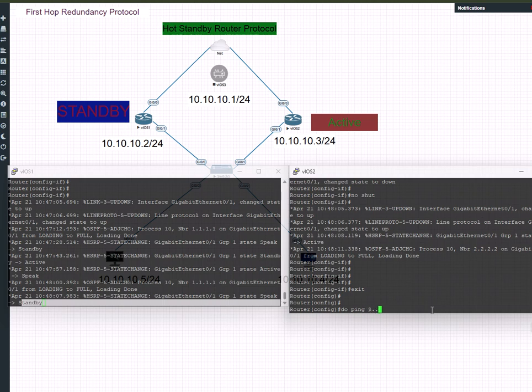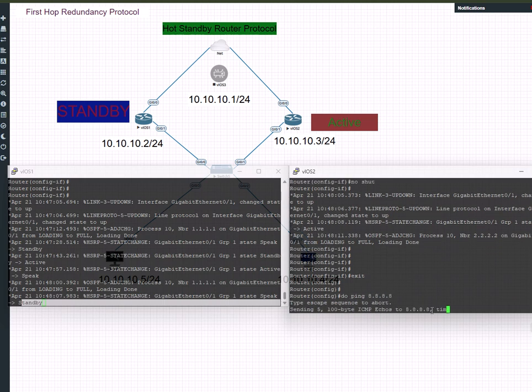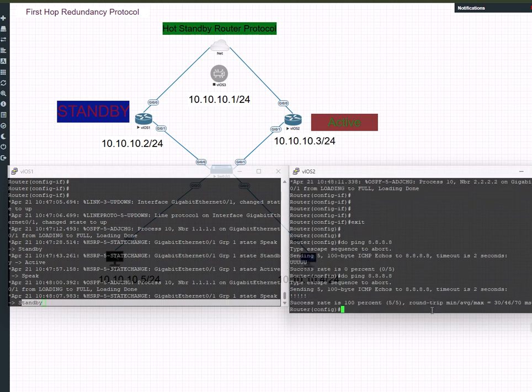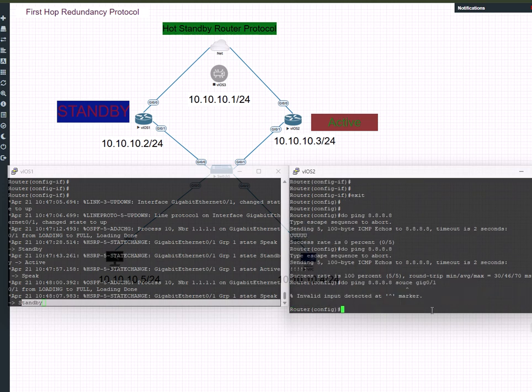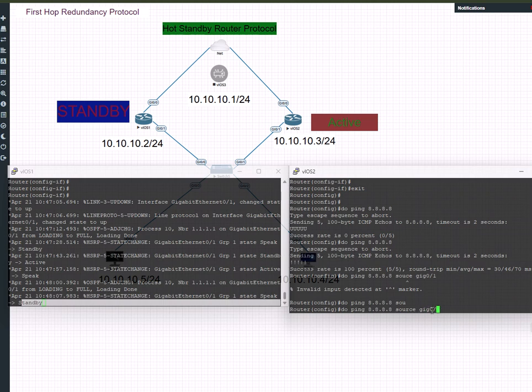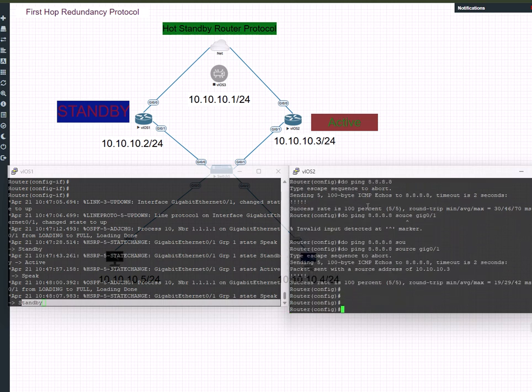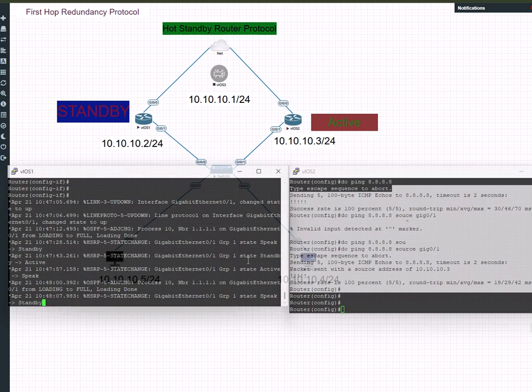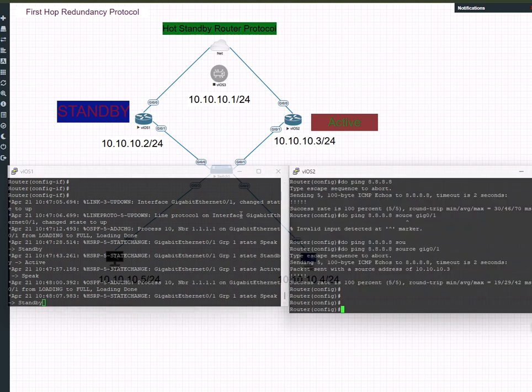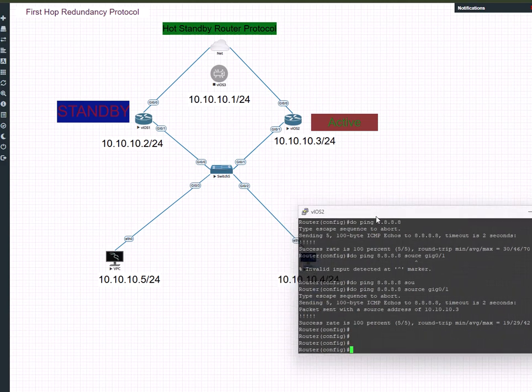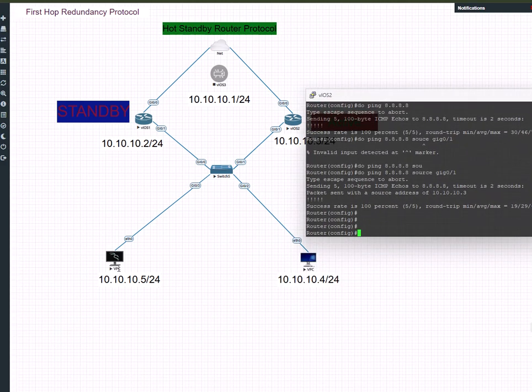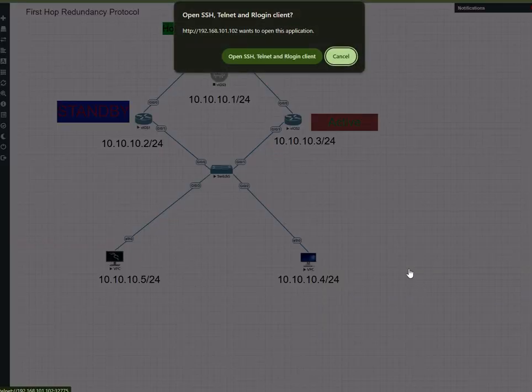Let's see if we can ping to the internet on this router. Okay, first one is dropped, the second one is passing through. Let's see if we can ping from this interface, a specific source, which is gigabit 0/1. Okay, so we can ping to the internet from that specific source too. Alright, now let's go back to these hosts. These are just VPCs. They don't actually use any operating system, so I can just come in here on one of them,